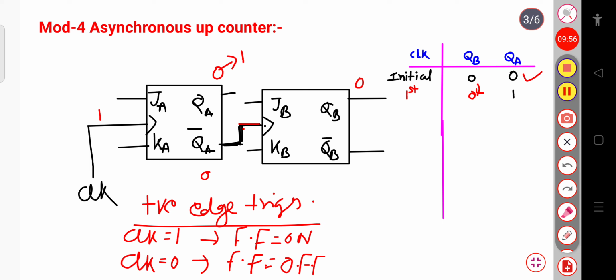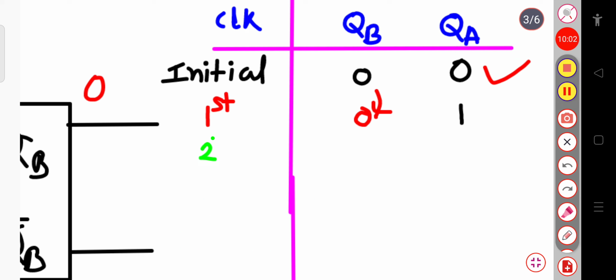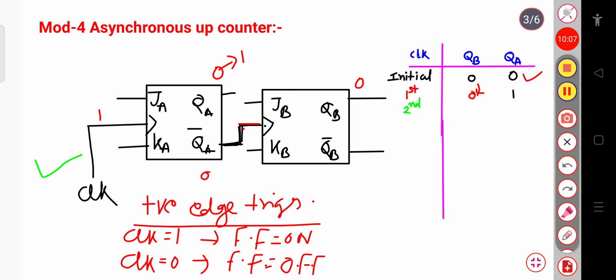Now for the second pulse, here I am writing the second pulse. What will happen? Here you can see that when the second clock pulse is given, this is in the toggle condition. I am repeating, this 1 now goes to 0. So the QA value will go to 0 because of the toggle condition. And this QA bar will now be 1, since the complement of 0 is 1. Now it is given to the clock. When it is given to the clock, QB previously has the value 0.